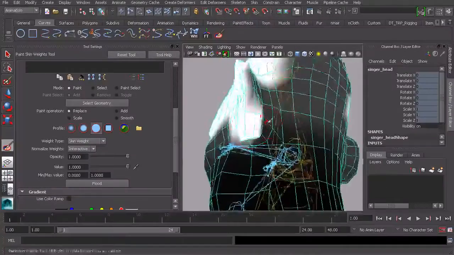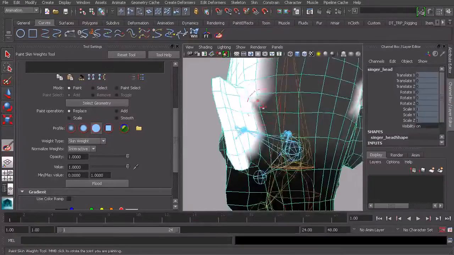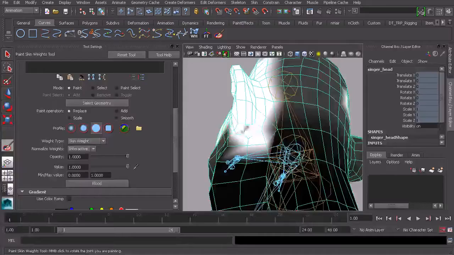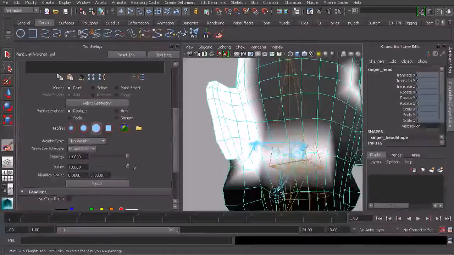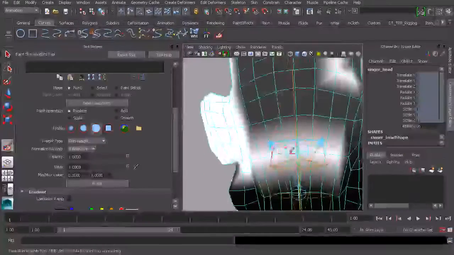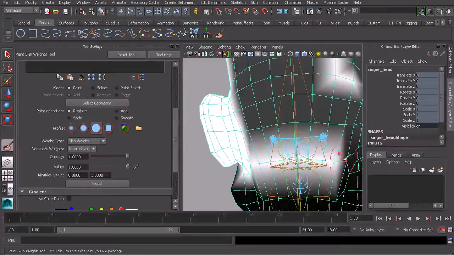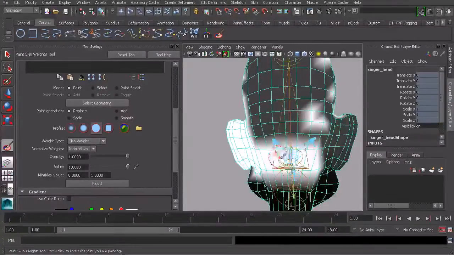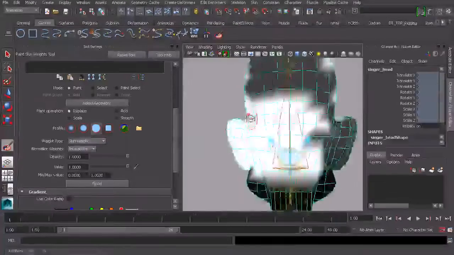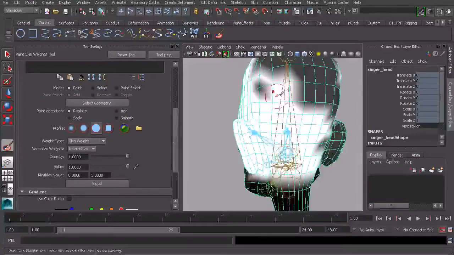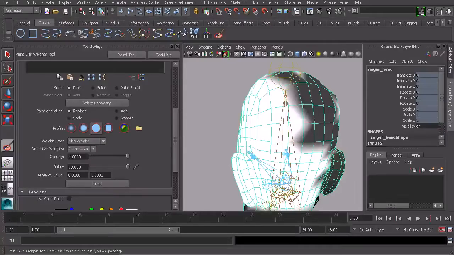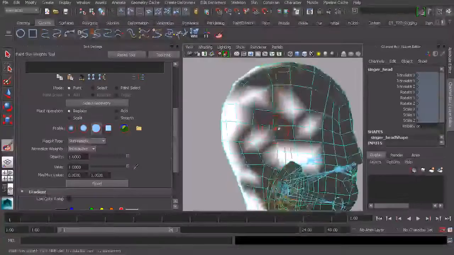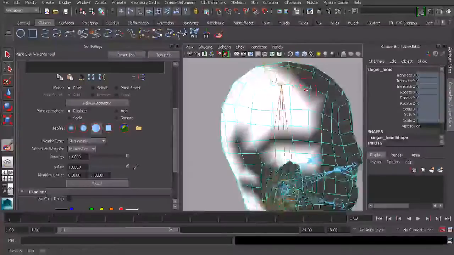I'm going to go ahead and fill in the ear to the upper jawbone. So that should be fully controlled by that. Then as we get to the neck, we could always go ahead and use this edge here as our stopping point to know, okay, by the time we get to that edge, shouldn't really go any lower than that. The points underneath should be controlled by the neck bone. More or less. We could always work with the weight hammer to just kind of